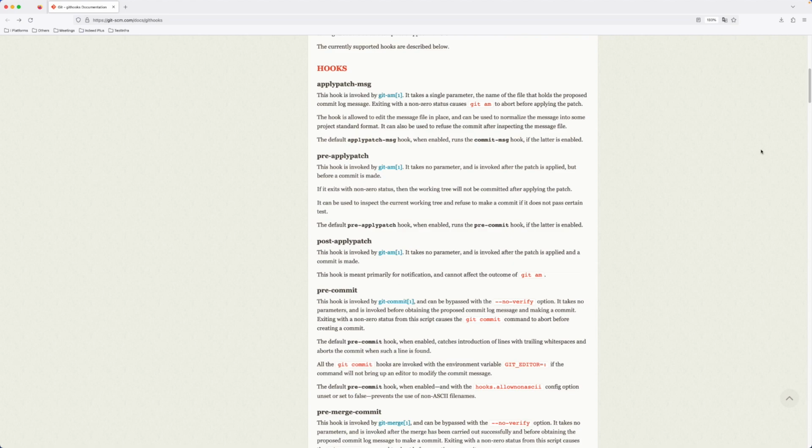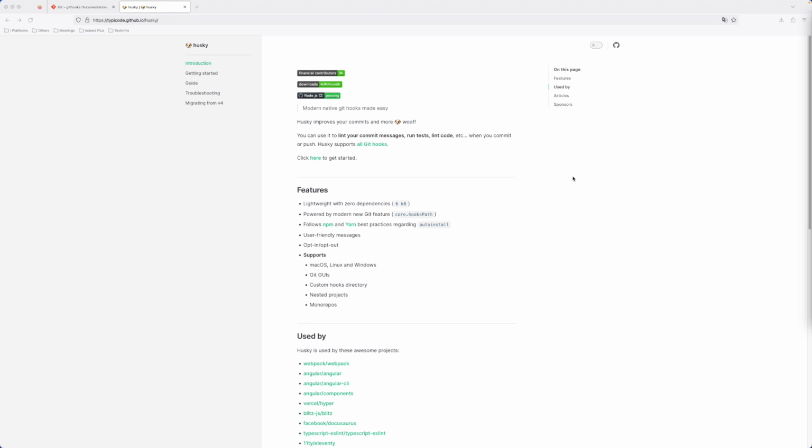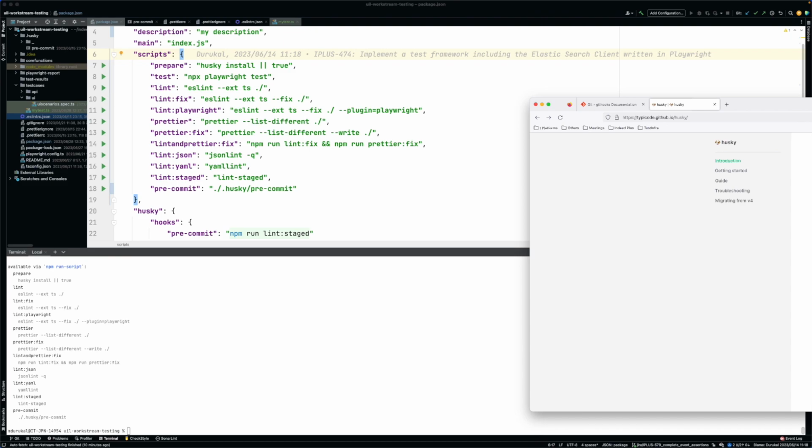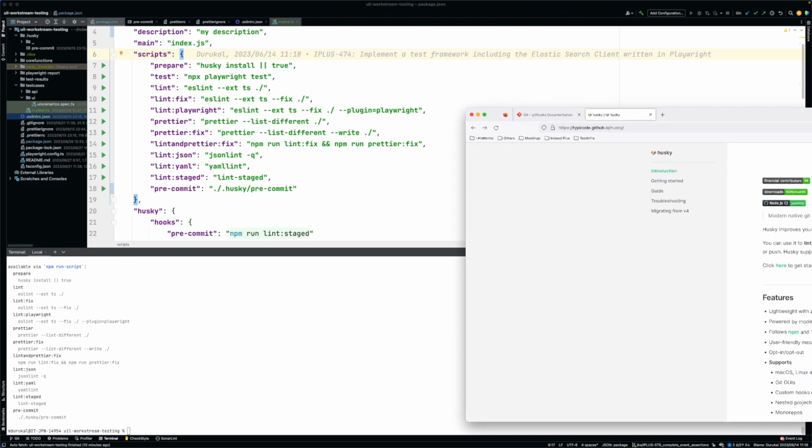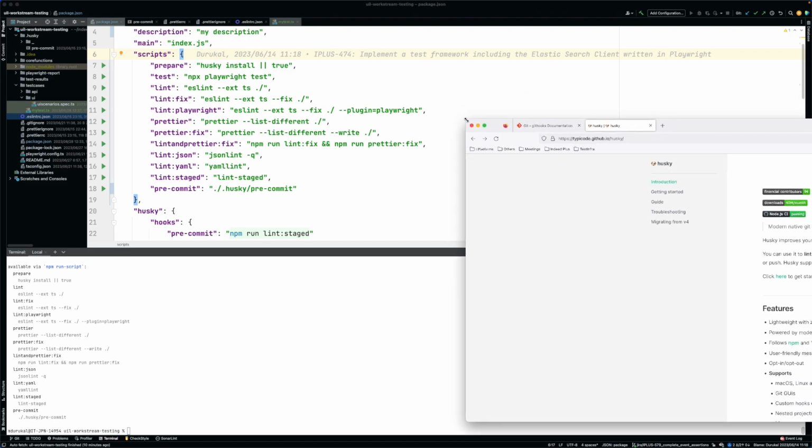Of course, there are several ways to do that, but I want to go over a framework which helps us to orchestrate different tasks we can perform in our pre-commit, which is the Husky framework. So as we can see here, it helps us to perform some commit messages or even performing some tests and linting the code. So actually let me show you how it looks in my project. So let me switch to my IDE, and